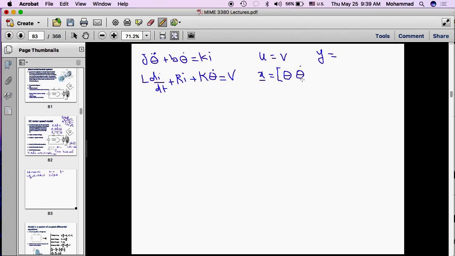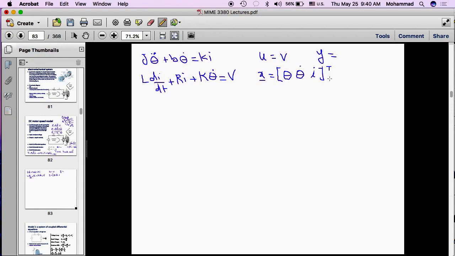What is the highest time derivative? It's 1. So therefore, it can only give one state variable. And what is that state variable? What variable is being time differentiated? Current. So current I is the third state variable,